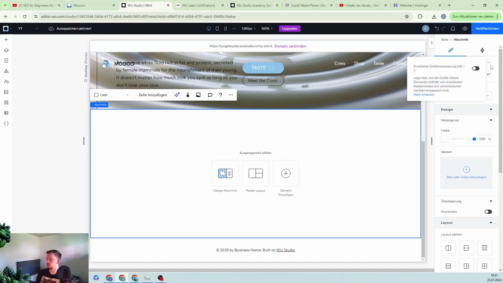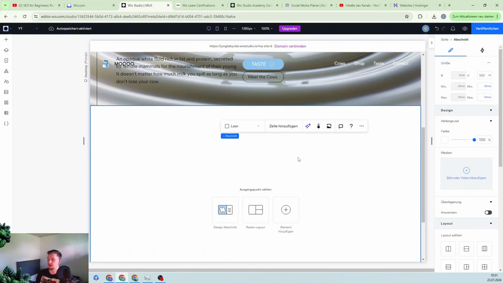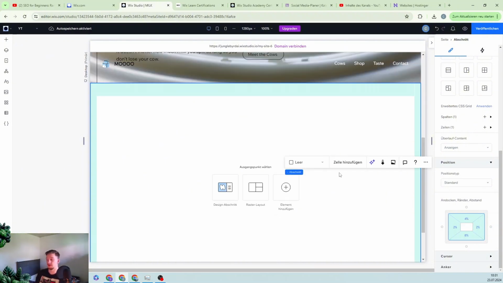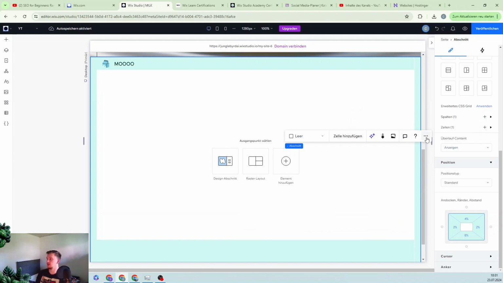First of all, for this one, let's adjust the sizing, also to be a viewport height of 100. And let's give this a padding as well. 4% on top, 2% on the sides, and 8% for the bottom, which is going to be important later. So let's start with a grid layout